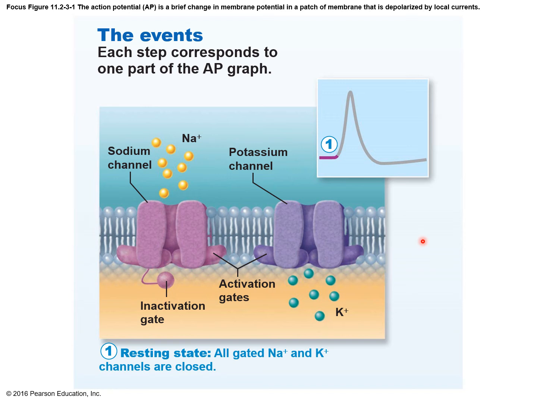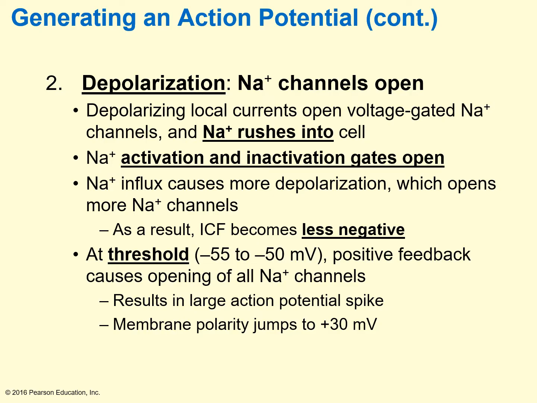It's that change in charge, that positive charge, that is going to be the trigger to open the voltage sodium gates. So right here, you're at rest. The sodium gates are closed. Chemical binds to a sodium chemical gate, opens it, allows sodium to rush in, and what happens is